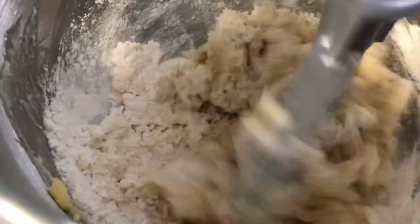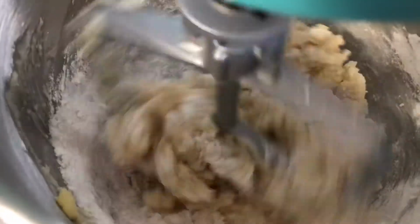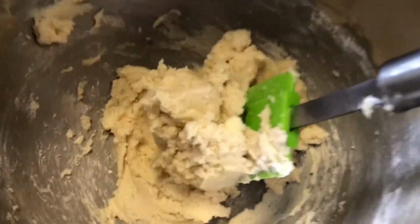Once you see it coming together though, you don't want to over mix it. So as soon as it comes completely together, we're going to stop. Alright, that looks good. We don't want to overdo it. We'll stop now. Alright, our dough is finished, and here is the baking pan, and I put parchment in here,